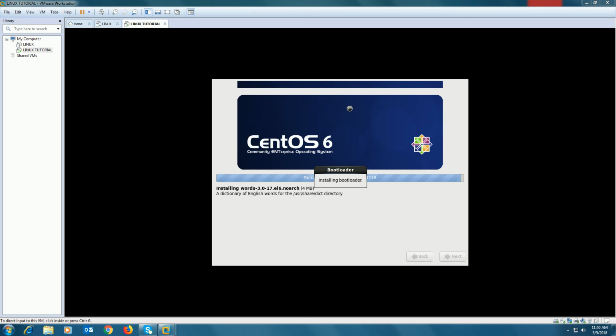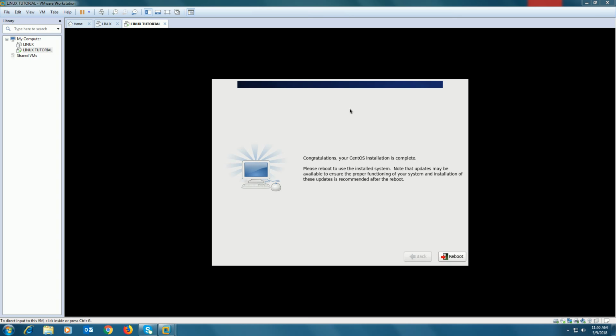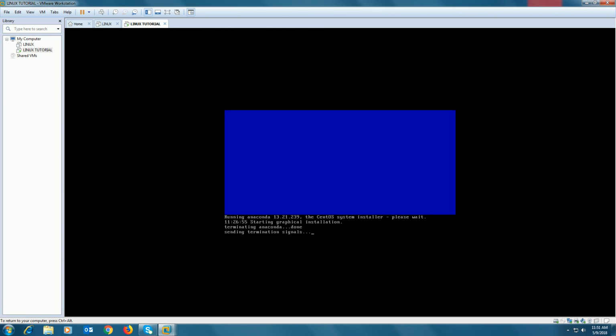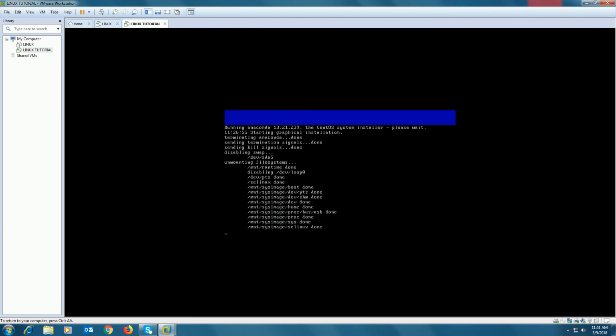After package installation, it will install the bootloader. Then the system asks you to restart. Select reboot. Now the system will restart.